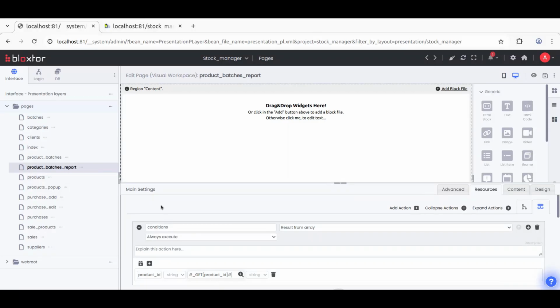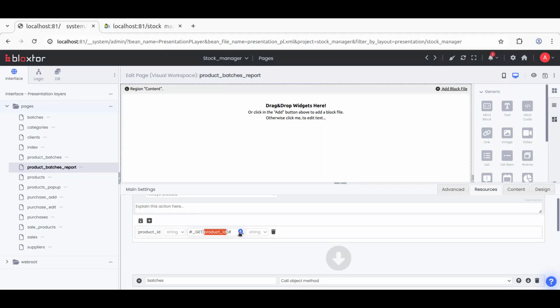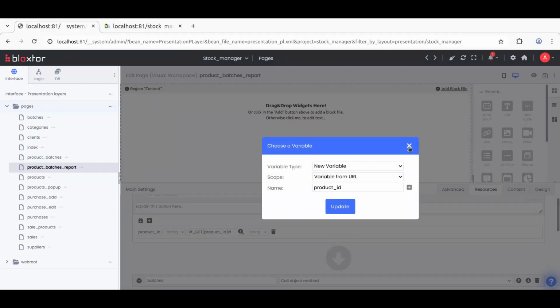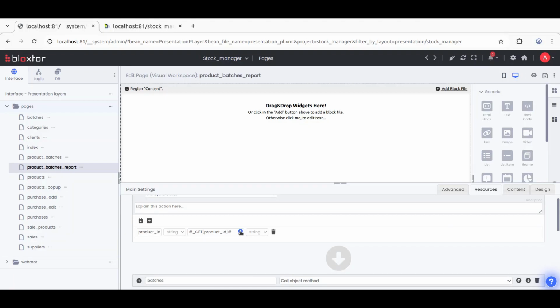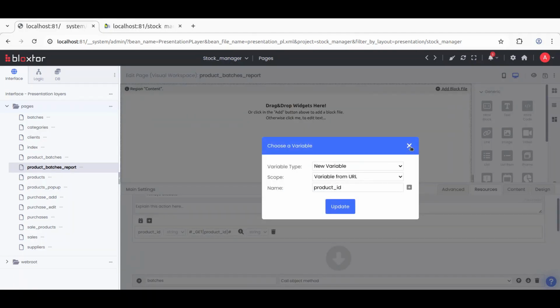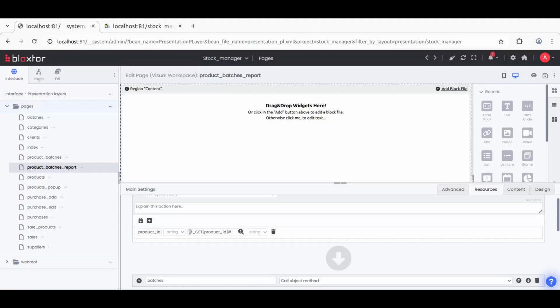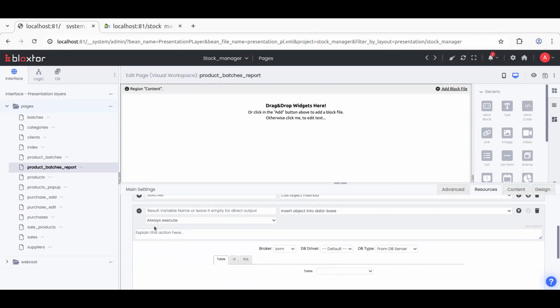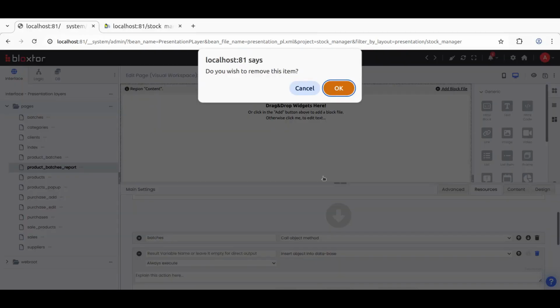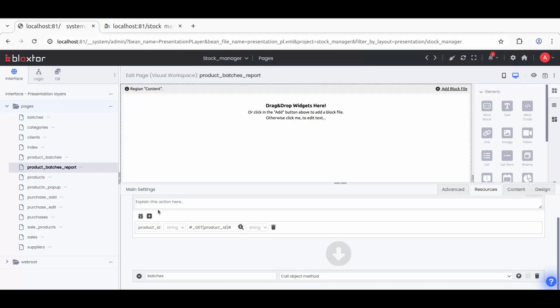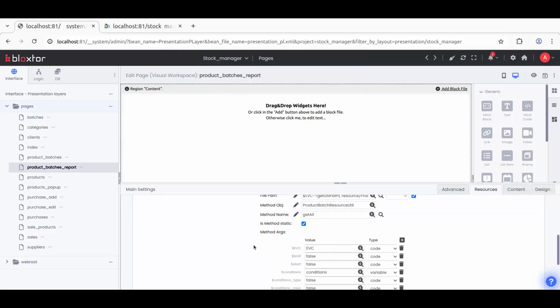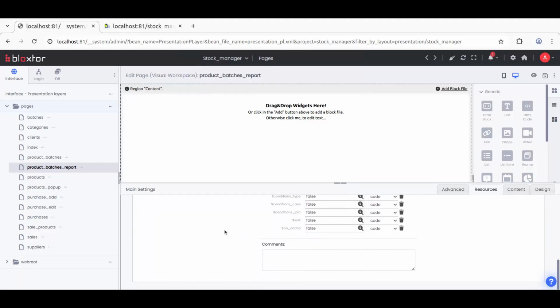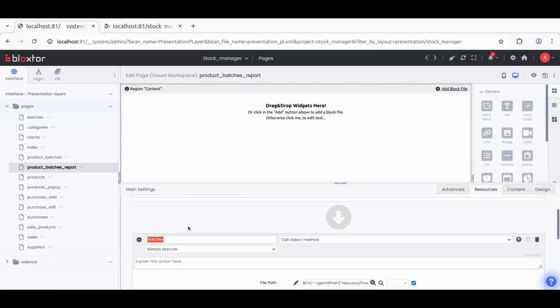So in here we set the conditions with the value of the product ID. Instead of doing it like this, we could put here directly the code to get directly the URL, but this is still fine. And then we are passing that conditions to the batch, in here to the conditions variable, and then we are putting that in the batches, and then the result,